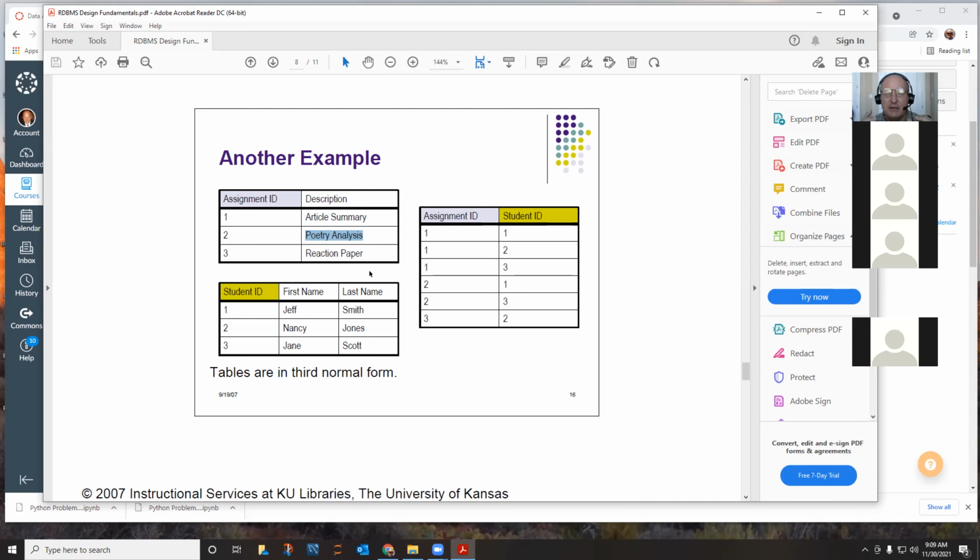Anything that further describes this article summary or this poetry analysis assignment would be additional attributes, additional columns. But then you've got to be able to link them together, because a student can have many assignments, right? And an assignment can be assigned to many students. So you've got to have a way to link them together. And this page shows the epiphany, the magic of